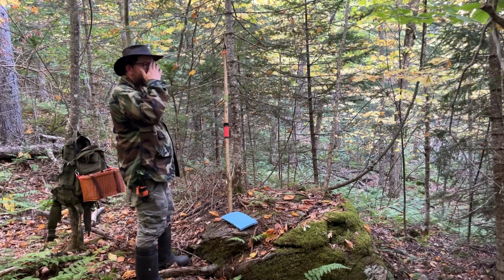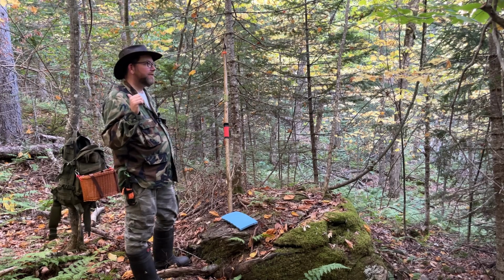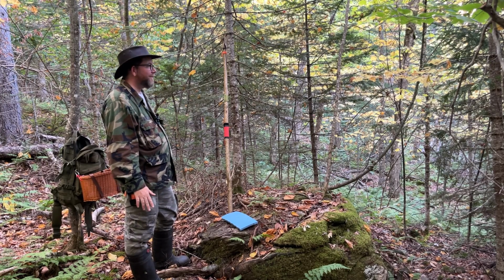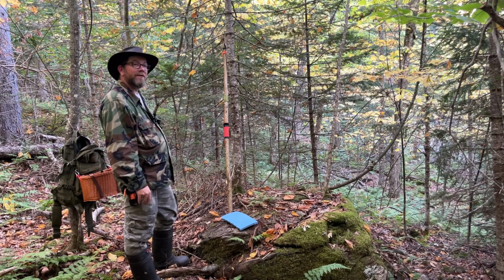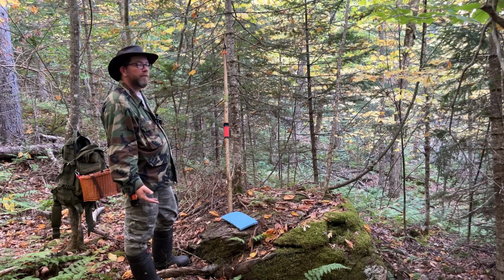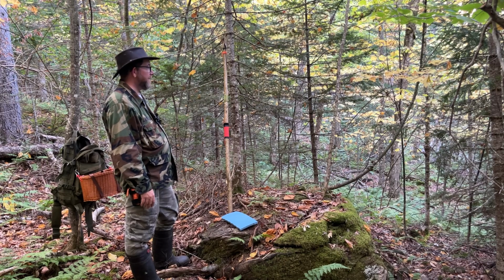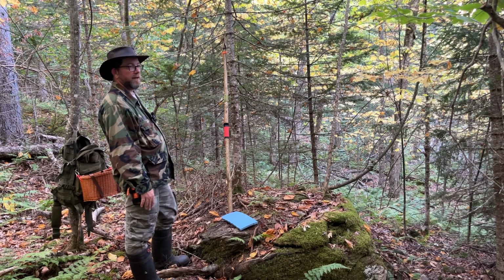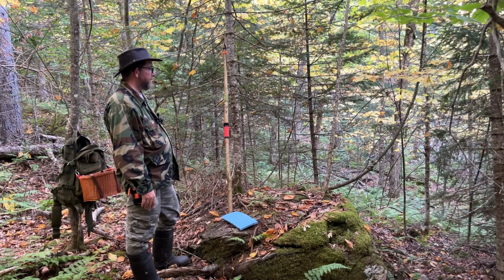Well, I did a whole bunch of drifting up over the hill. Didn't see any more Hericium mushrooms, but man, it's nice up in there. I took a couple videos while I was walking through. Beautiful area, some really big old birch and big old sugar maple. Lovely spot. But it's getting on, so I drifted back down the way I came, and I'm gonna stop right